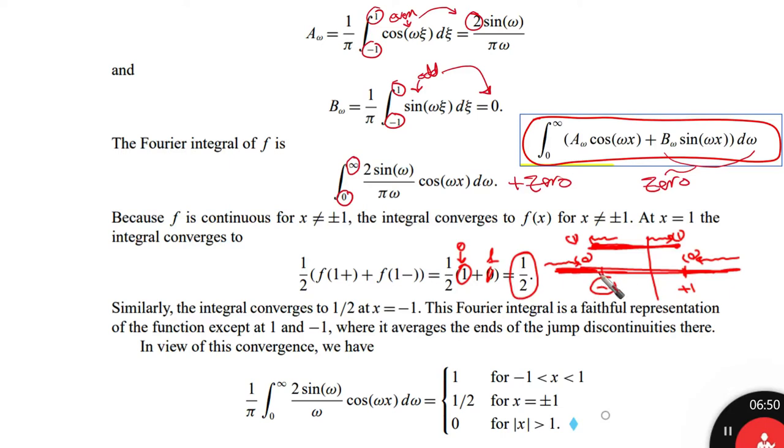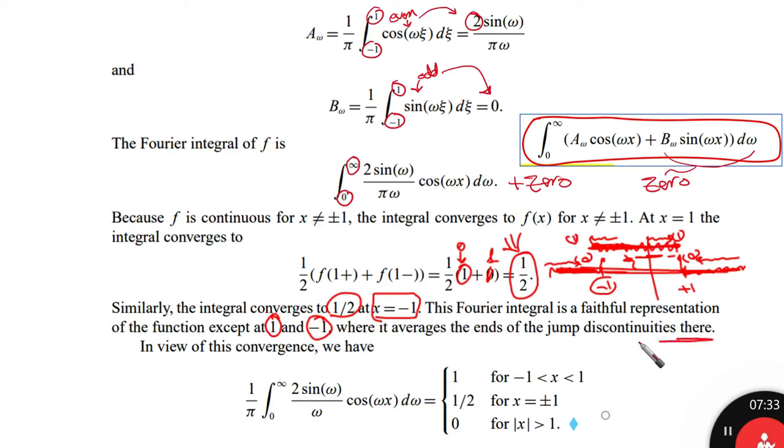Okay, so the Fourier series is going to converge to half here and here. And here it is going to converge to the function itself, or converge to 1, of course, between -1 and 1. So this is the half that the function is going to converge to. Similarly, the integral converges to half at x equal to -1, as I said here. This Fourier integral is a faithful representation of the function except at 1 and -1, where it averages the ends of the jump